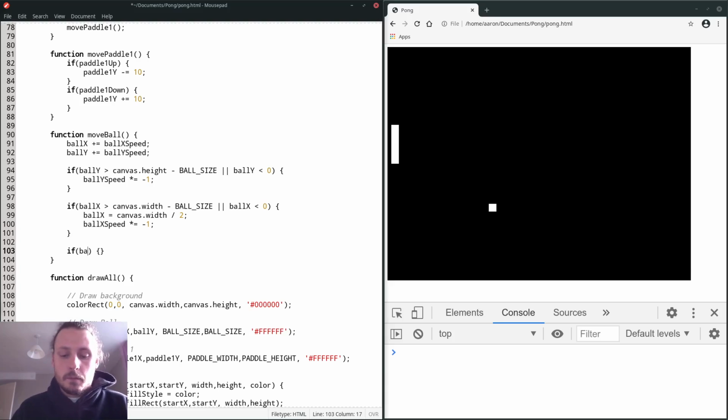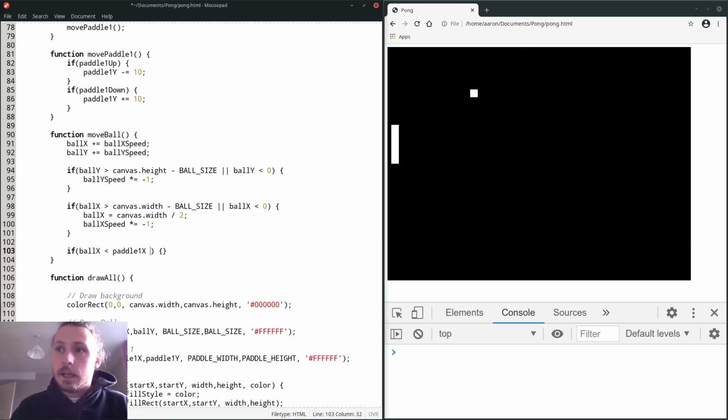So if ball X, so this is where the ball's going to be on the horizontal axis, we want that to match the paddle, and not just the paddle's X coordinates. If you remember, the X coordinate is in the top left corner and the ball's going to be bouncing off the right hand side. So we're going to say if ball X, and we're not going to say equal to, because remember we had problems with that on the bounce. We're going to say if ball X is less than paddle